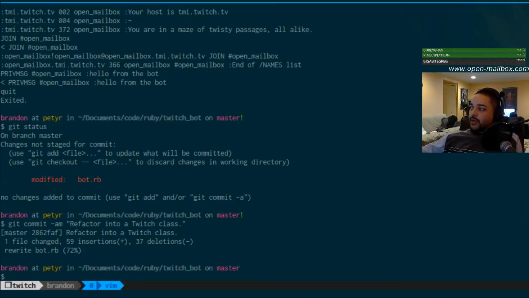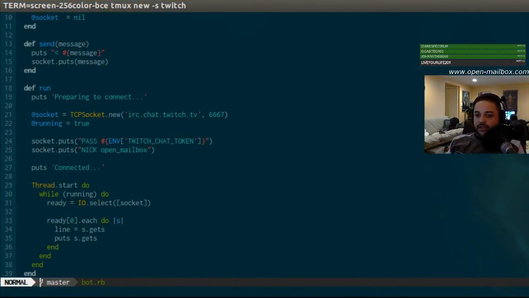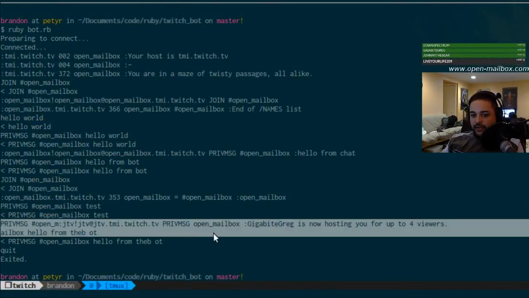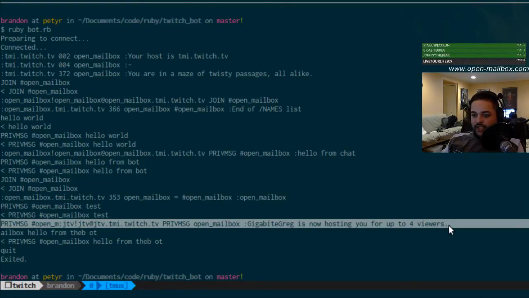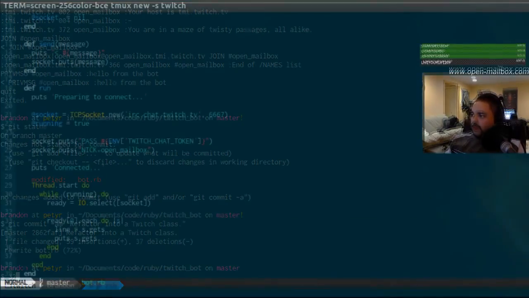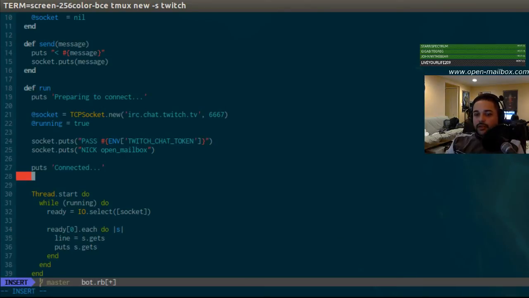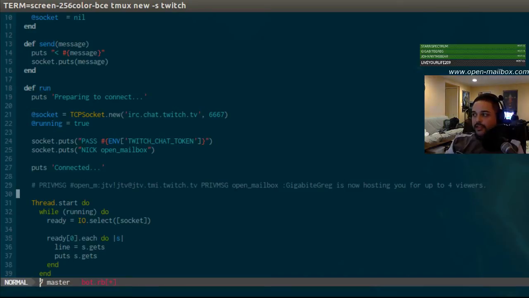Because we want anyone in chat to be able to type. We'll make up something like bang hello, right? And we want the bot to respond when people do that. So we need to be able to read the messages that the bot is reading and respond to them. Let's go look at the format of the messages actually. So we see this input every time we get a message from the chat. Let's just copy this for right now, and we'll stick it up here for a reference. So that's what it looks like when we get a message in chat.